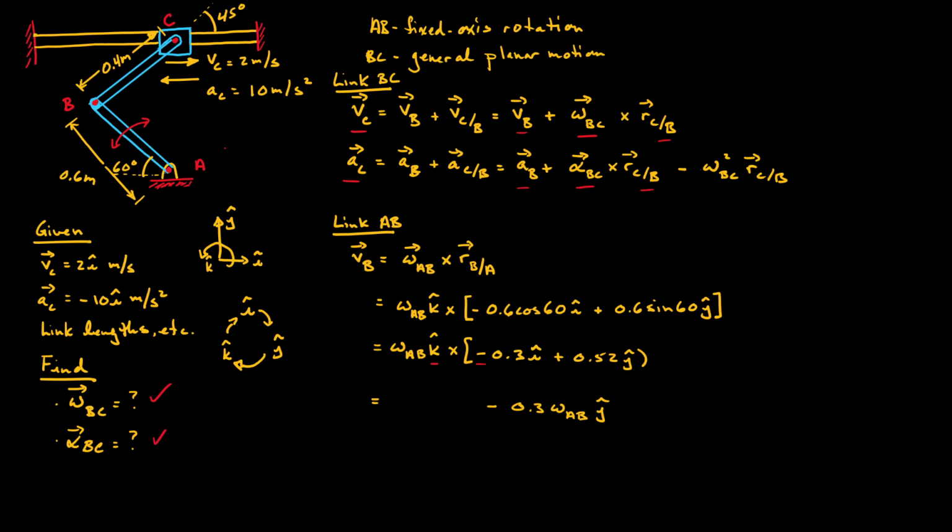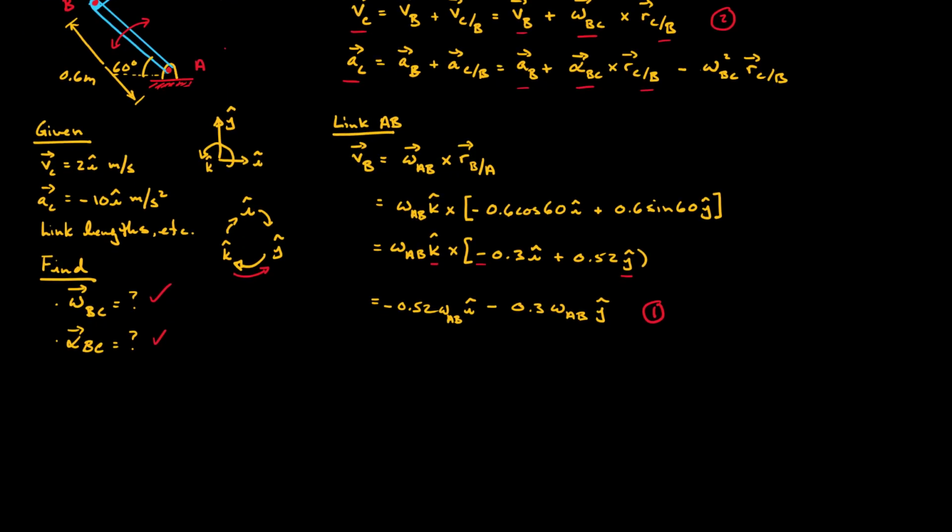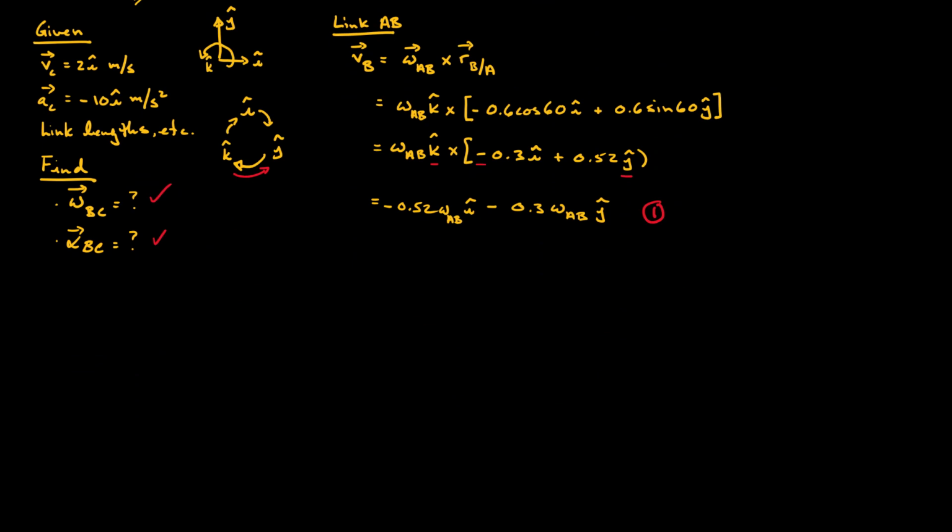Then we have K crossed with J. K crossed with J will give us a negative I. So we have negative 0.52 omega AB in the I direction. Okay, so we're going to call this equation 1. All right, we're going to use equation 1 in our expression for equation 2, VC, and we're going to substitute this. So if we write 1 into 2,